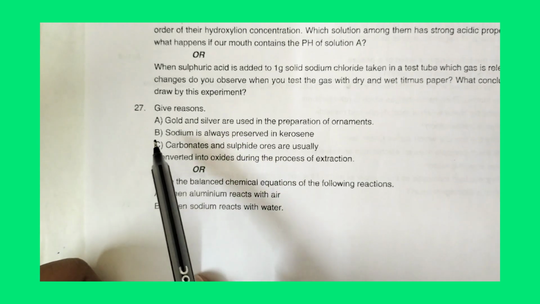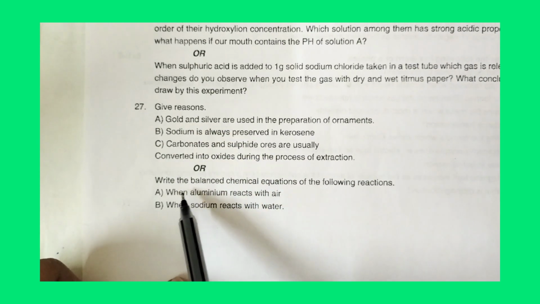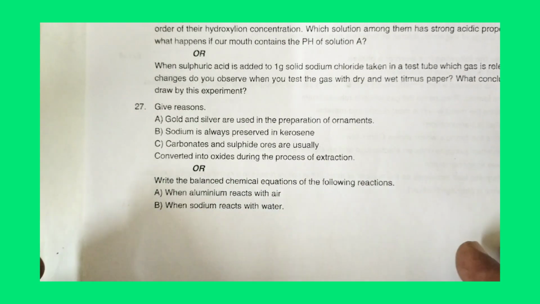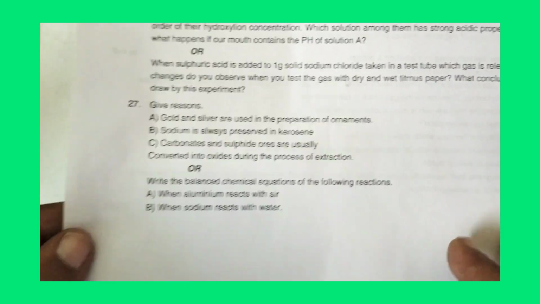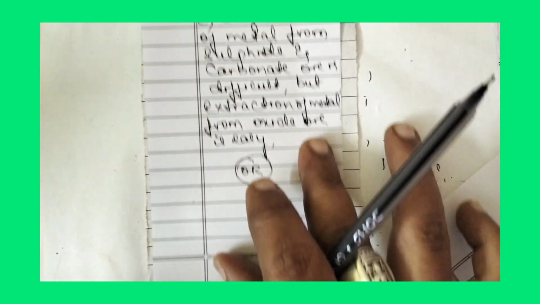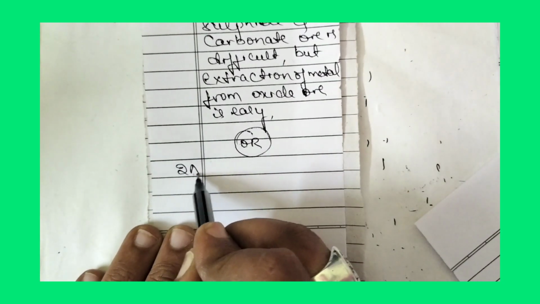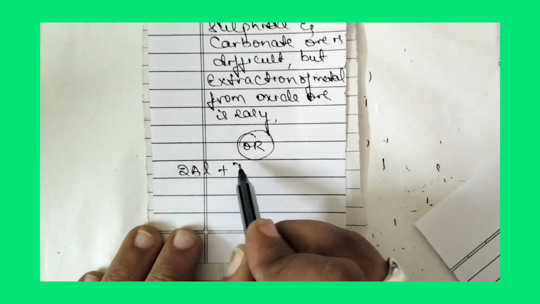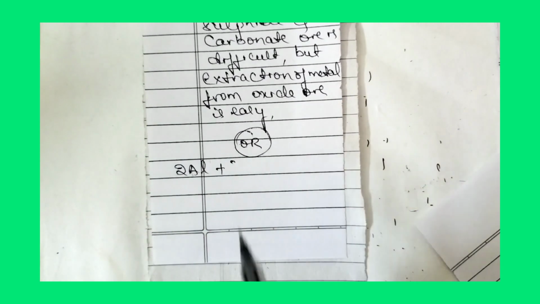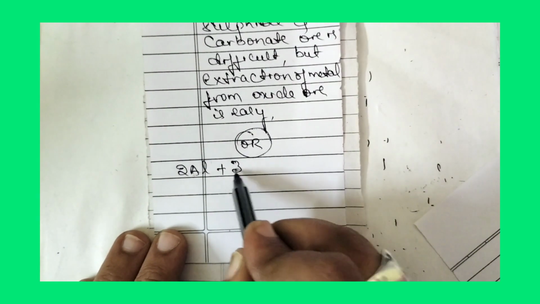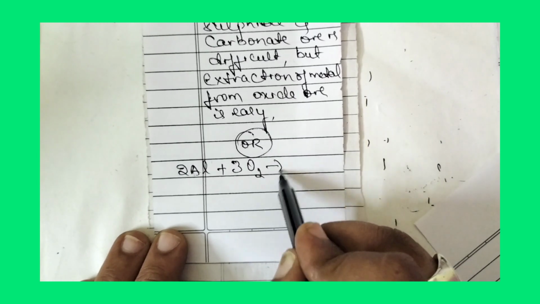First, let us answer the first question: when aluminum reacts with air. So aluminum reacts with air. That is 2Al plus 3O2 gives rise to